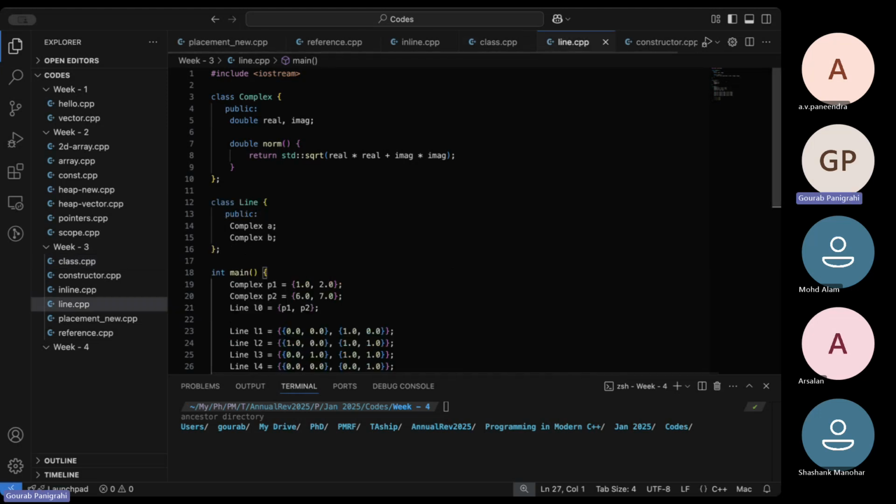Then we also saw something of a class called line, which I construct using complex numbers. So this is the complex number class that we had before. We also create another class called line, which will